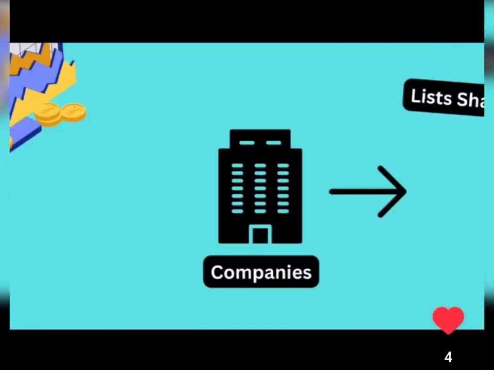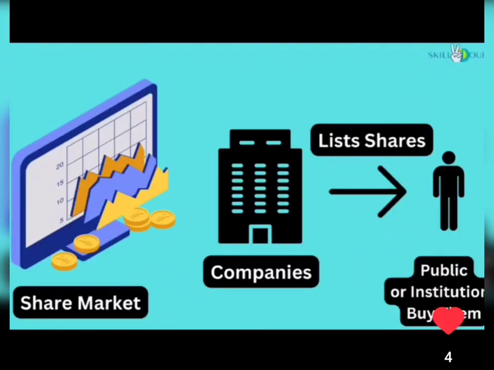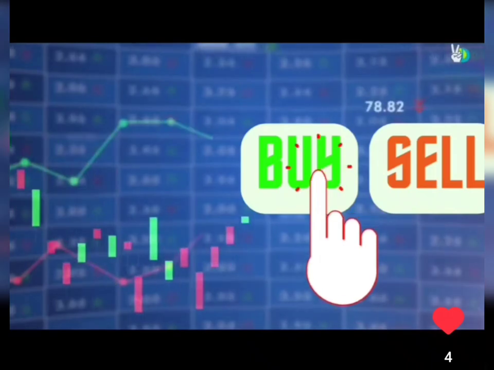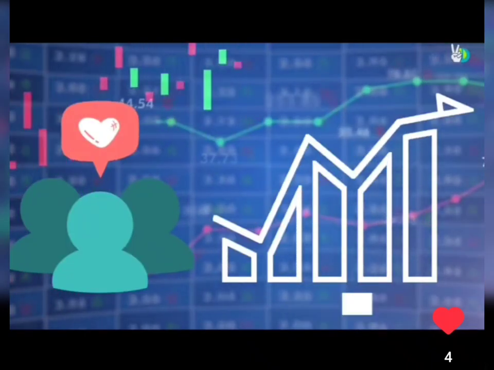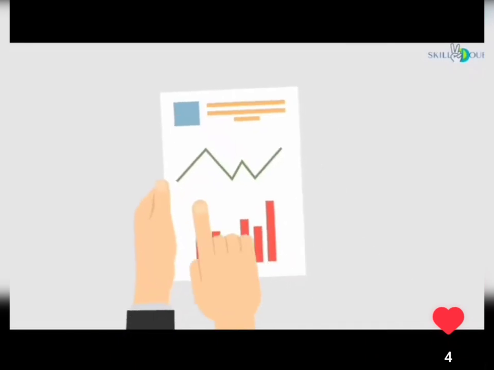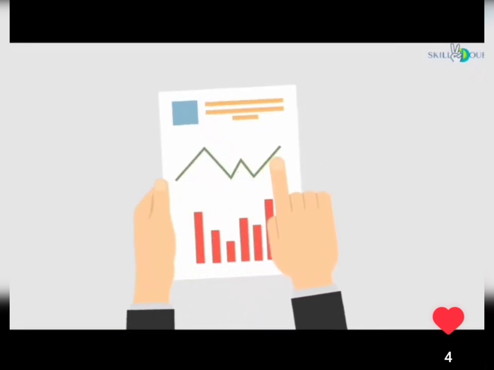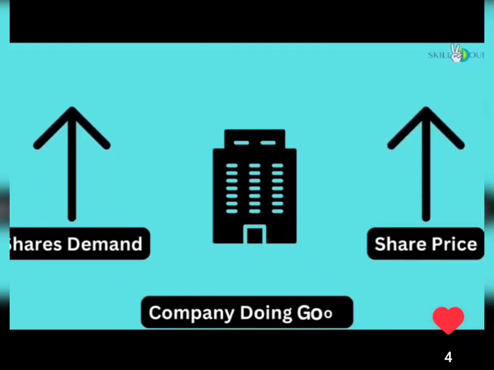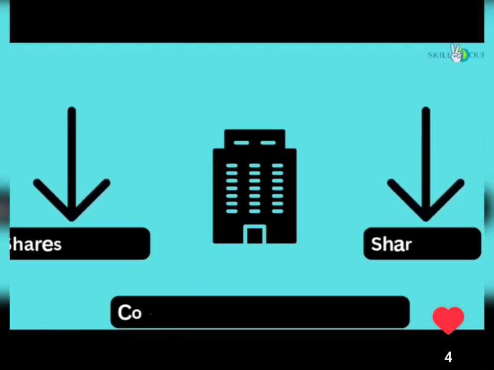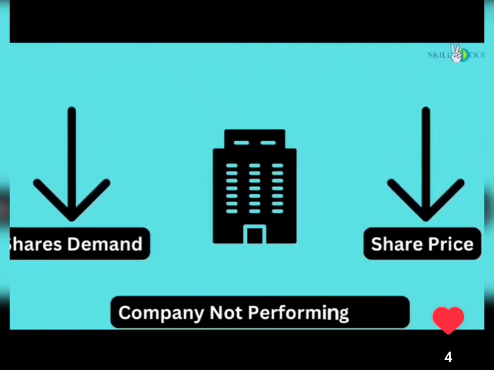Similarly, in a share market, companies try to sell their shares to the general public or institutions. Here the shares are listed by the companies and a buyer can buy them at a price which, again here also, is determined by the demand for the company's shares. So if a company is doing really well with regards to its financial reports, or is very popular among masses due to the right reasons, then the price of the share is high. Alternatively, if the company is not performing well or has bad publicity around it, then the demand is low and the price is low.